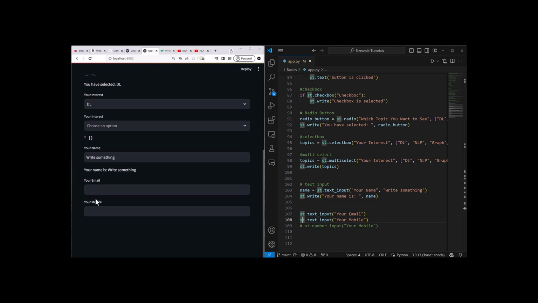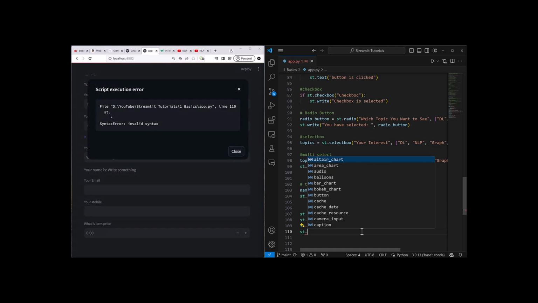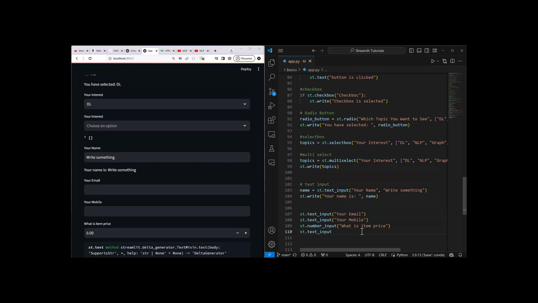So you have your email, you have your mobile, and thereafter let's say you also want to ask the customer what's the price. Let's say some item you have sold and you want to ask what is the item price. You ask the customer what is the item price. So the customer writes something here, item price, and now you want the feedback from the customer. So to get the feedback, you can write there text input,